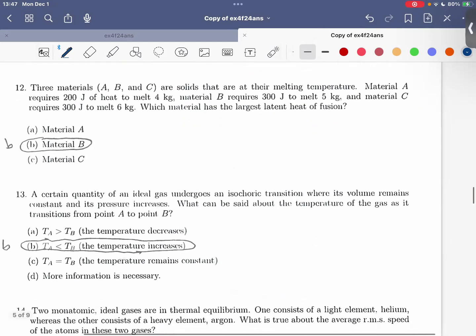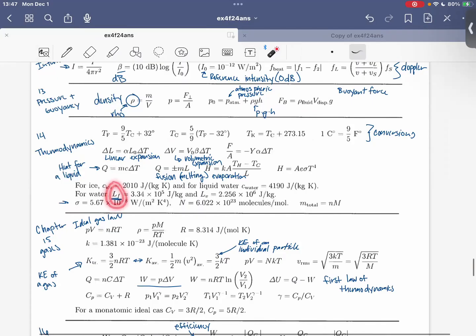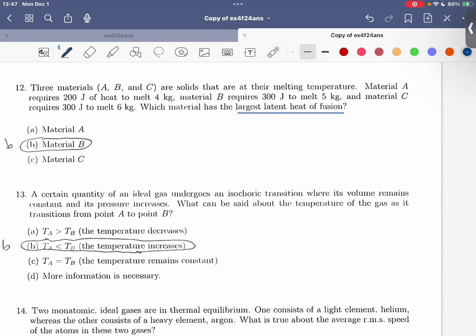And so number 12, we have three materials, and we're trying to find which one has the largest latent heat of fusion. So if you look at your formula sheet, you have latent heat of fusion, which is right here for water. You can see that the units are joules per kilogram. So that means that when we look at our materials A, B, and C, we'll just be finding joules per kilogram, which means we'll be taking